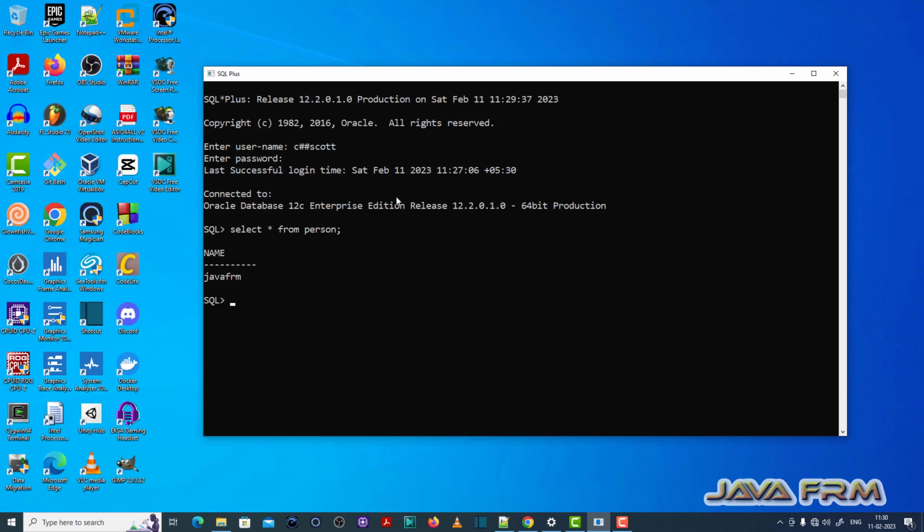Now I am typing one query: select star from person. It's showing one record. Now I am going to update that record. Update person set name as some value. So now it's throwing an error called